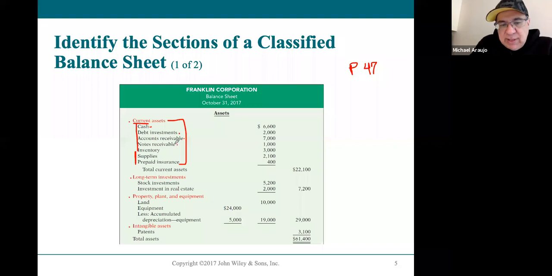A note receivable, remember the word note in accounting means loan. In this case, you've made a loan. Well, why would companies make loans if they're not banks? Well, in this particular case, there is,